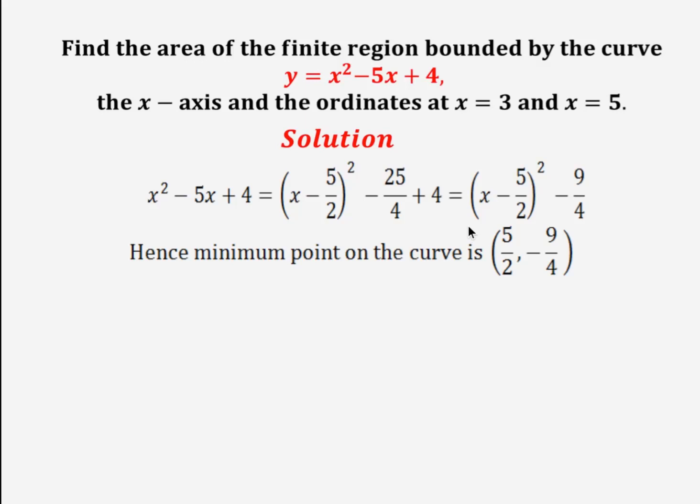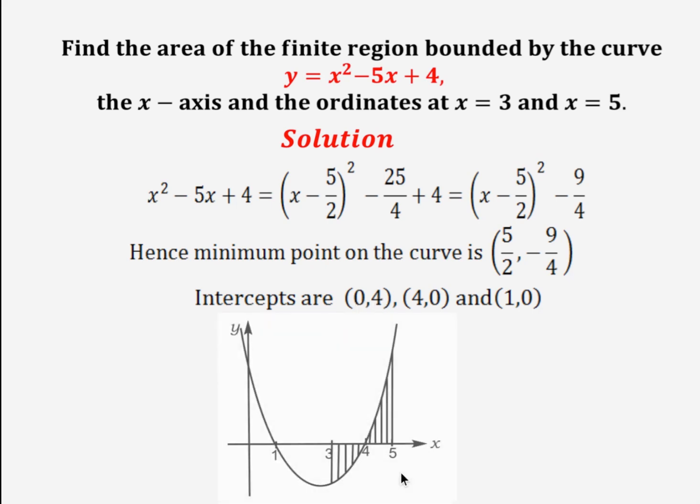Hence, from completing the square, we can see that the line of symmetry is x minus 5 over 2 equals 0, which gives the x coordinate of the minimum turning point as 5 over 2, while the y coordinate of the turning point is negative 9 over 4. We also need the intercepts, especially the intercepts on the x-axis, which are (4, 0) and (1, 0). The intercept on the y-axis is (0, 4), and then we can have a rough sketch of the quadratic curve,